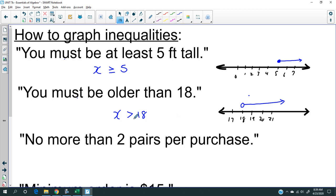Now, think about it. If you're 19, can you get in? Yes. If you're 20, can you get in? If you're 21, can you get in? Yes, right? But if you're 18, can you get in? No, right? You have to be older than 18, so you have to leave the circle open. Okay, so in other words,